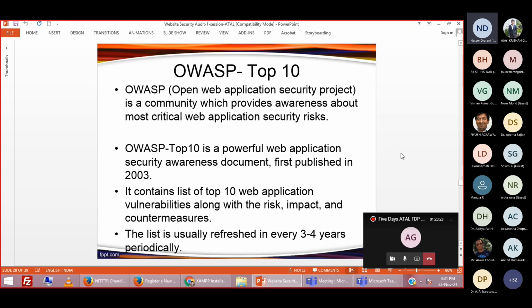This OWASP community used to have meetings regularly, every month or after an interval of 2 to 3 weeks, online, and they discuss different vulnerabilities which are coming over the internet for websites or web applications. They discuss their solutions, their challenges, right? And they suggest a very strong document called OWASP Top 10.